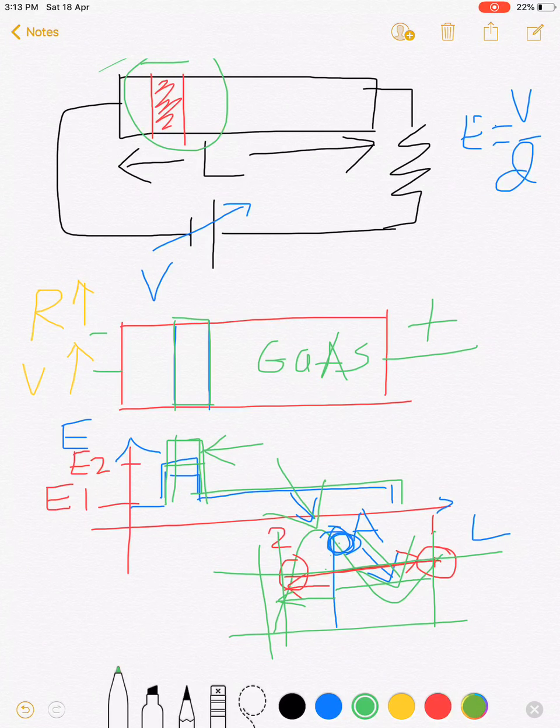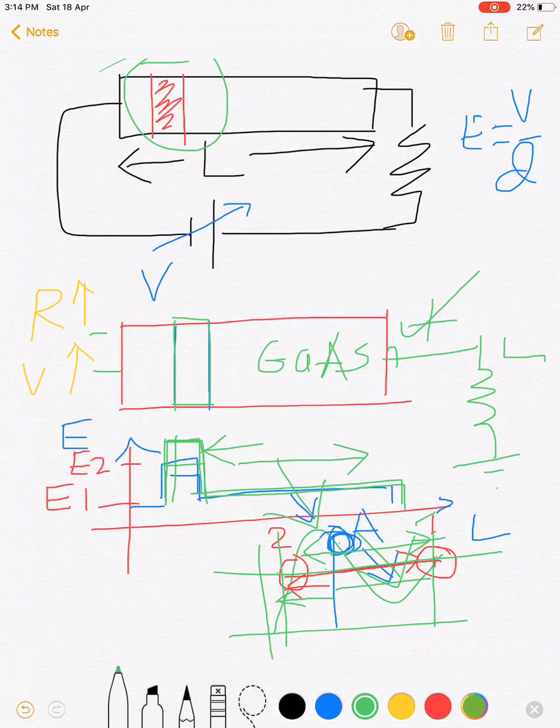As long as the high field intensity along this direction and low field intensity along this direction come to a particular point like 1 and 2, where the two velocities are equal. Then what happens? This particular high field domain becomes stable, and it starts to move with its own velocity, the velocity at points 1 and 2, and it reaches the anode. So in the external circuit we get a pulse. So that is the physics of this particular gallium arsenide diode microwave oscillation.